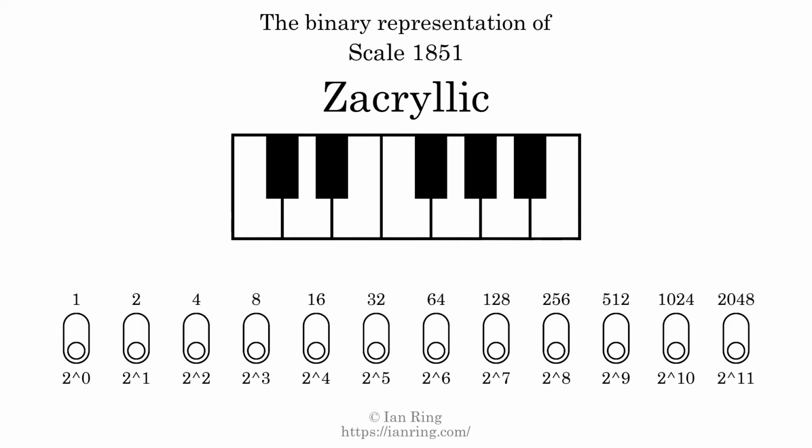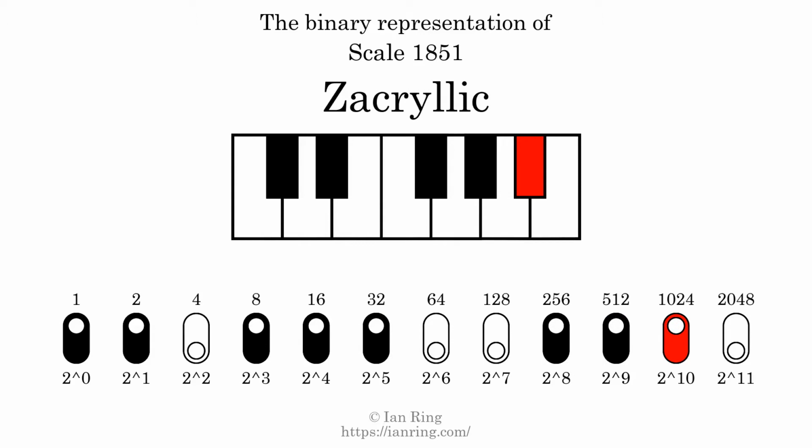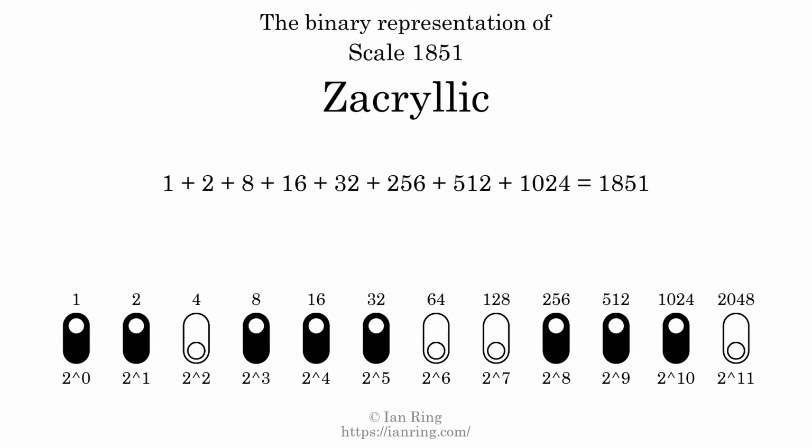The binary representation of this scale is determined by mapping tones of the scale to binary digits. Each binary digit represents a power of 2. To get the scale number, we add the powers of 2 together. The powers of 2 that are present in the scale, all added together, equals 1851. That is why the scale number, in decimal, is